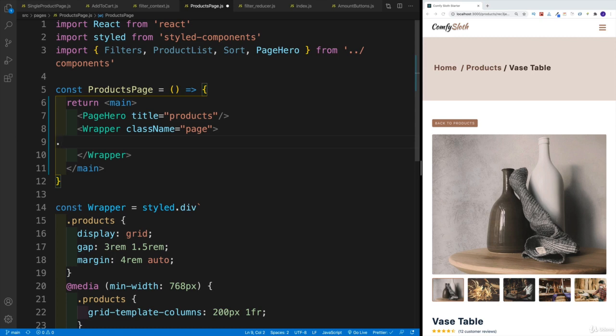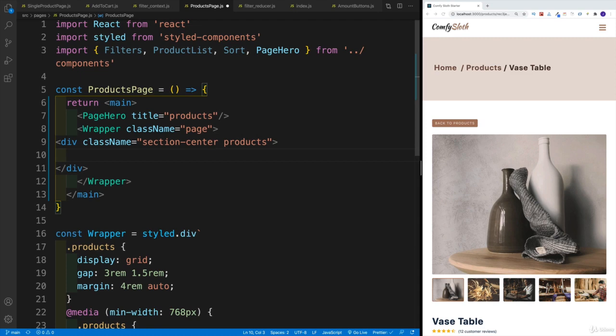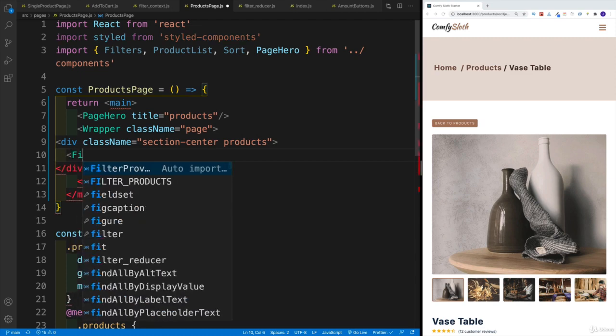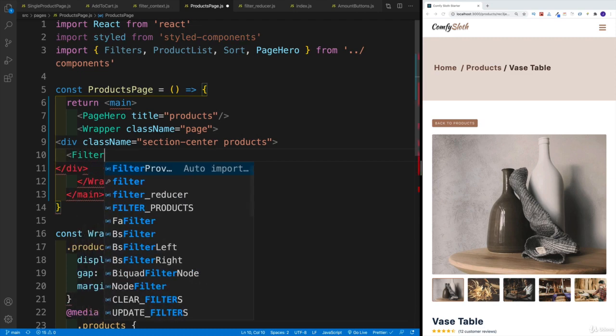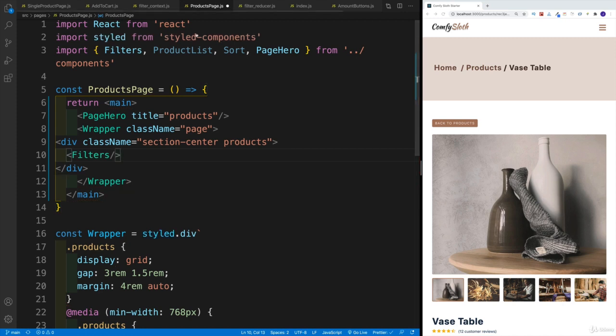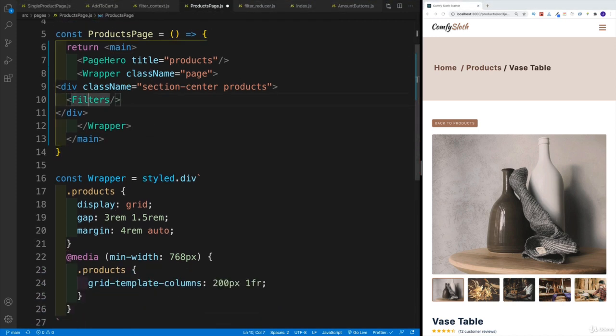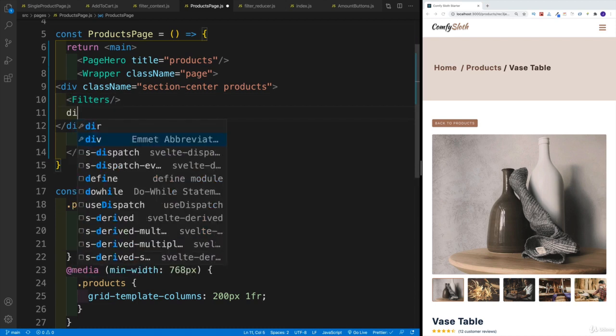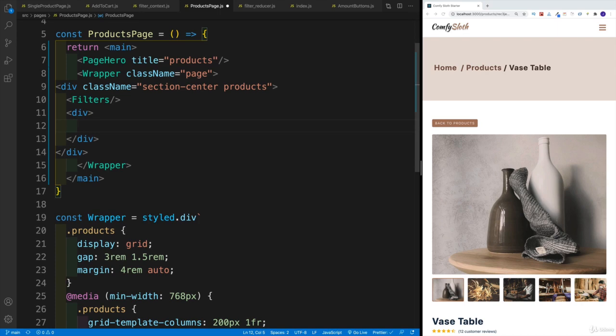So let's go with a div with the class names of section, center, and products. Section, center, and products classes. Inside of this div, let's place our filters component. So not the provider, filters, like so, because we're importing that from the components, of course. And then right after the filters, I'm going to go with another div, and we'll place a sort and the